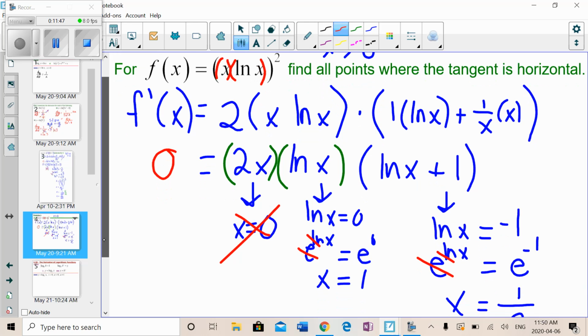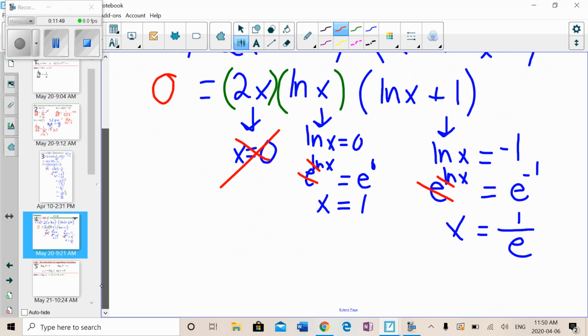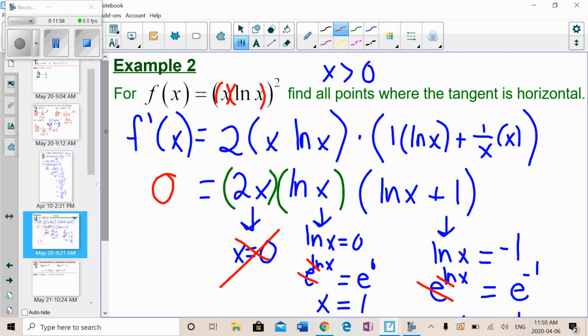So now, don't forget this question said find the points. It didn't just say find the x values. So you actually have to find the points. So one point is 1 comma something. And of course you're just going to stick a 1 in here. So it's going to be 1 times ln 1 squared. And ln of 1